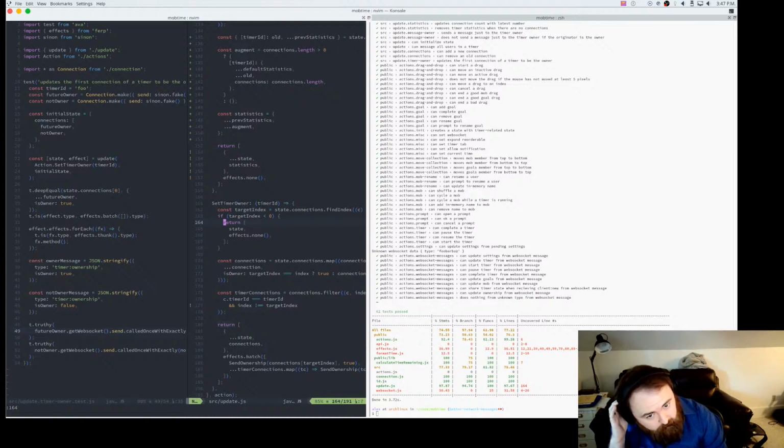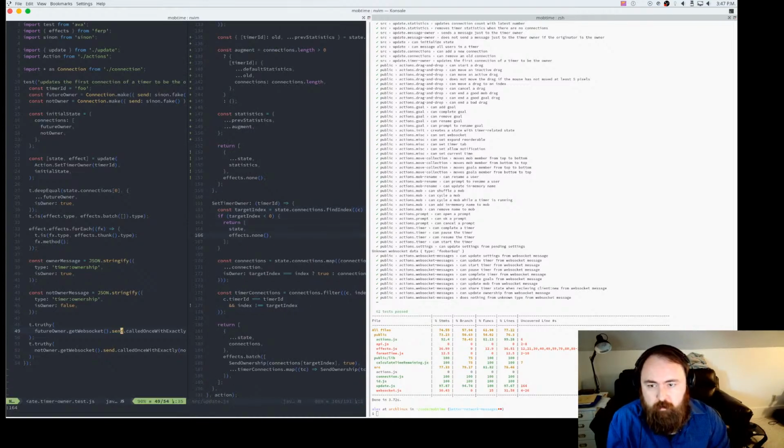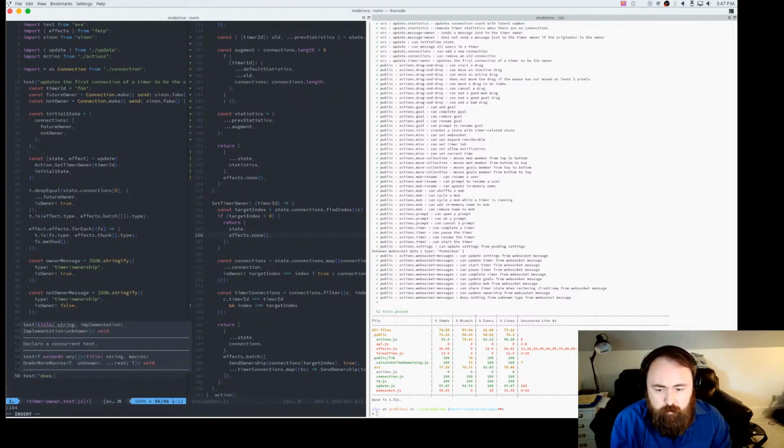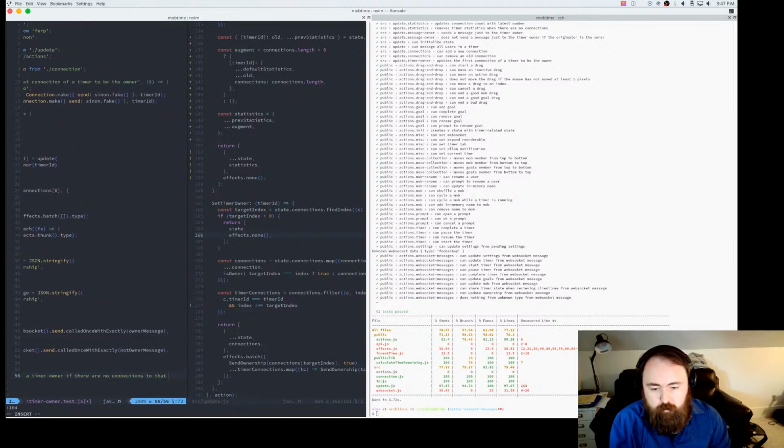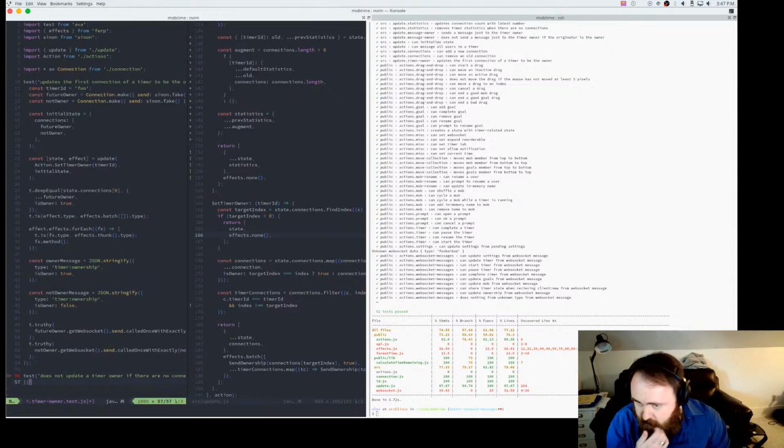That is, if it can't find the owner for that, then we just bail early. So we're going to say test does nothing, or does not update a timer owner if there are no connections to that timer. Should be nice and easy.